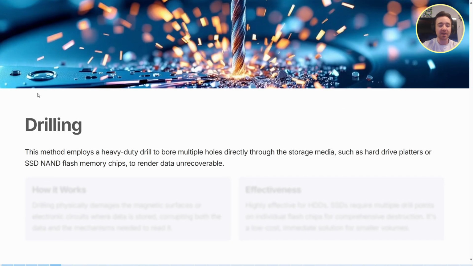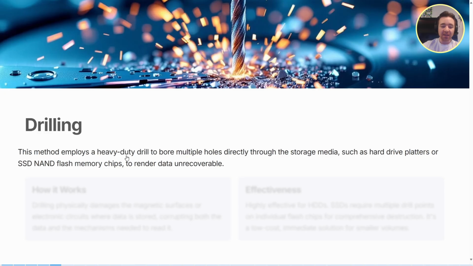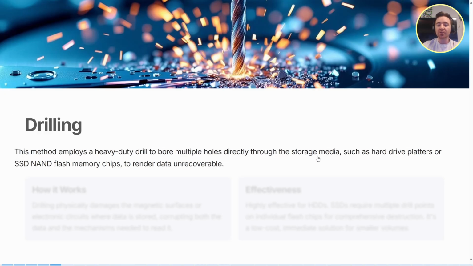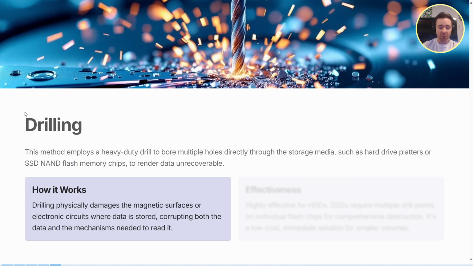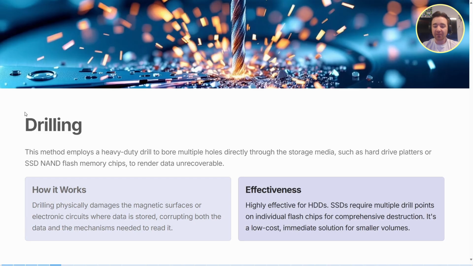This method is basically what it sounds like. You're taking a drill and you're drilling holes in the drive. So this is drilling multiple holes directly through the storage media, such as the hard drive platters or the SSD NAND flash memory chips. Now, how does it work? Well, you get a drill and you drill some holes in the drive. Its level of effectiveness is highly effective for HDDs, but SSDs require multiple drill points on the individual flash chips